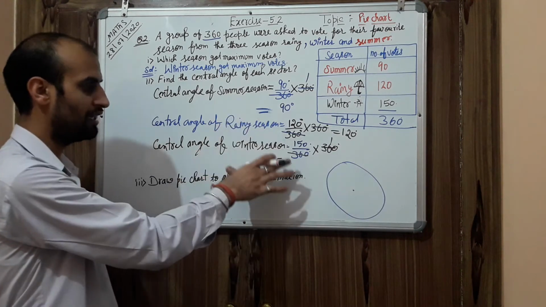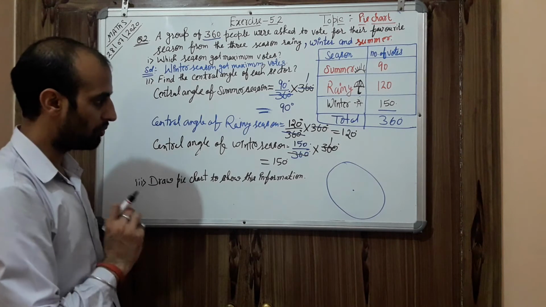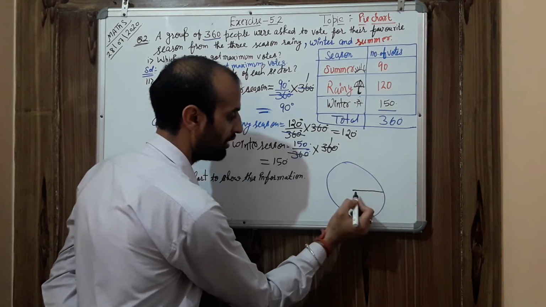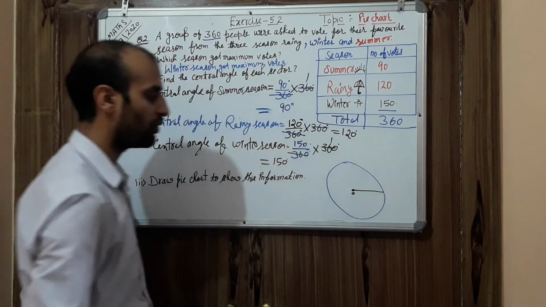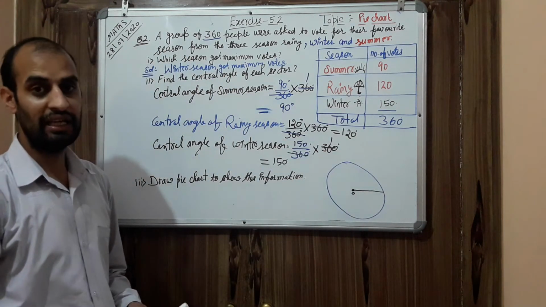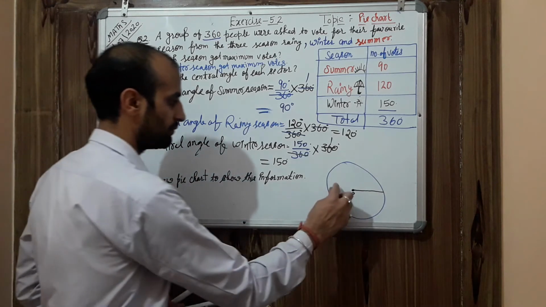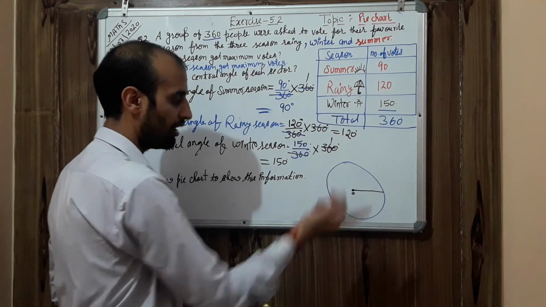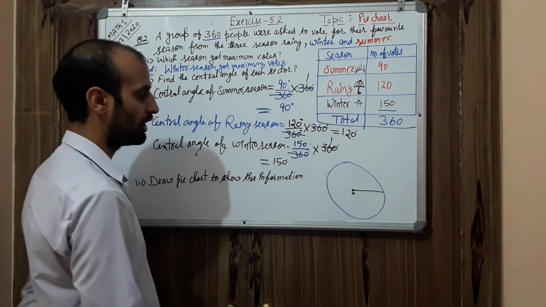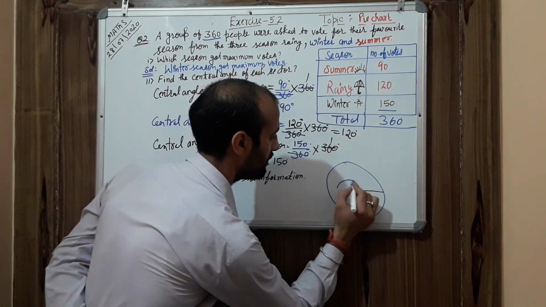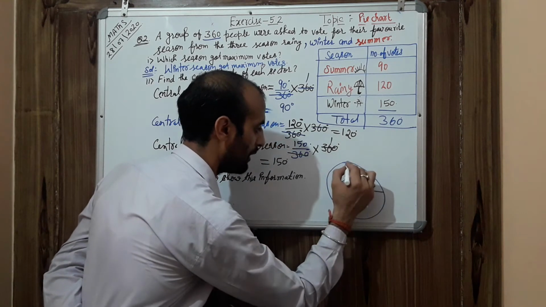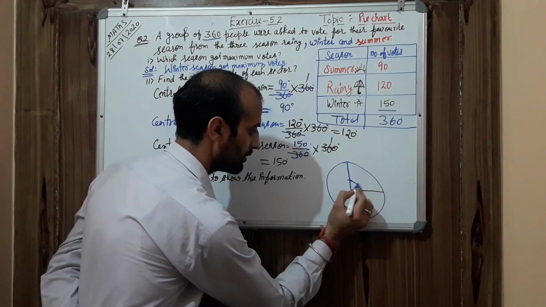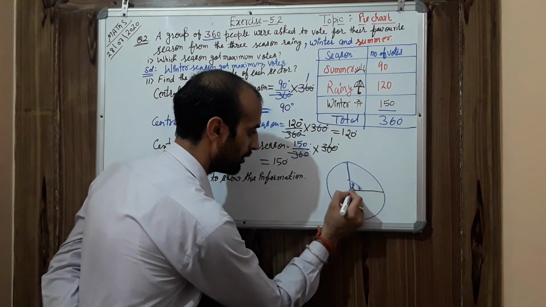I hope up to here it is clear to you. So first task, find the center, draw an arc, draw a radius. If this is center point O, draw any radius, then put your compass over it or protractor. You can construct 90 degree over it, or directly you can put your protractor over it in this way and find 90. Wherever you will find 90, join that line. Now you will get first angle, that is 90 degree.